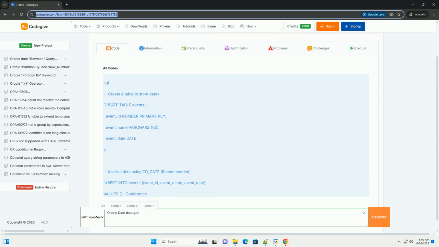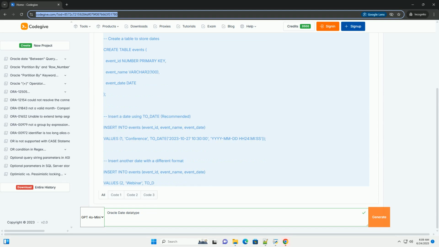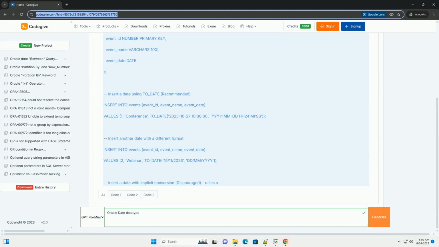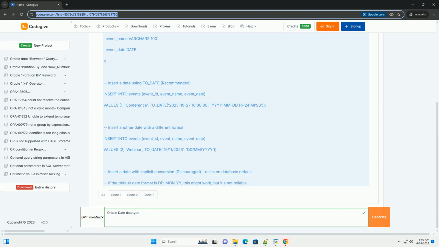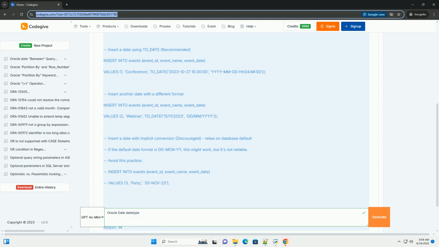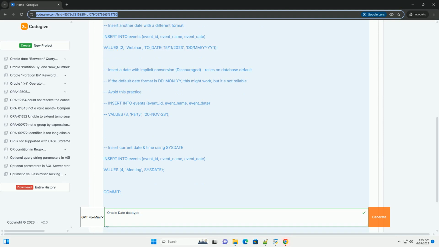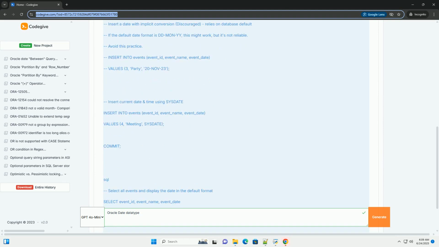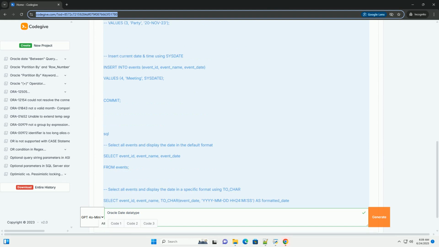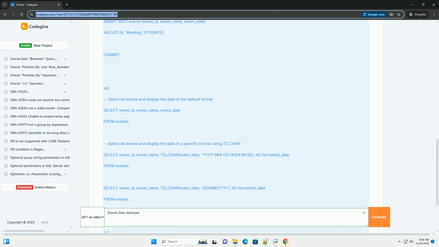Oracle Date Datatype, a comprehensive tutorial. The date datatype in Oracle is a fundamental and widely used data type for storing date and time information. It's not just a date, it stores the year, month, day, hour, minute, and second. This comprehensive tutorial will cover everything you need to know about working with date values in Oracle, including: